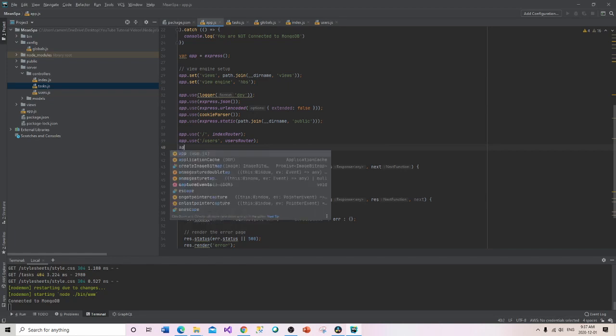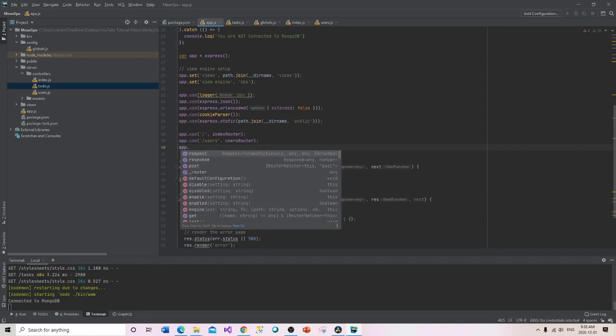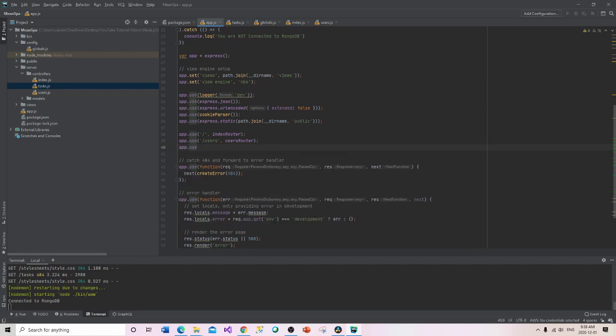So this will be app.use, just like the one above. And then we're just going to map to where we're trying to go again, but in this case, it's going to be tasks. Have to add in a comma, and we hopefully will get